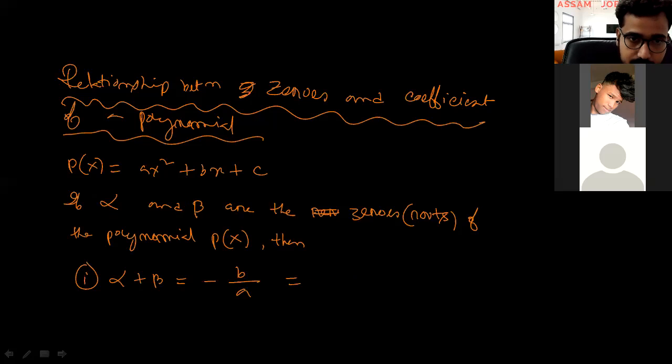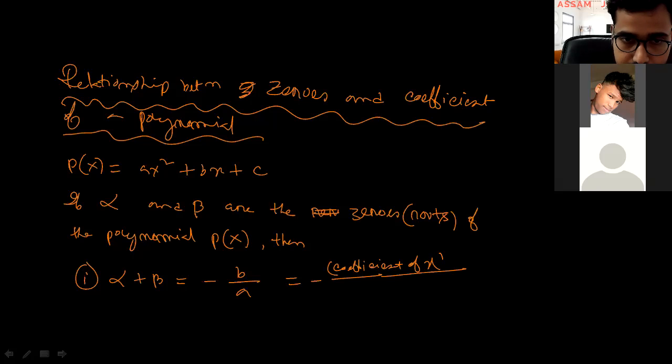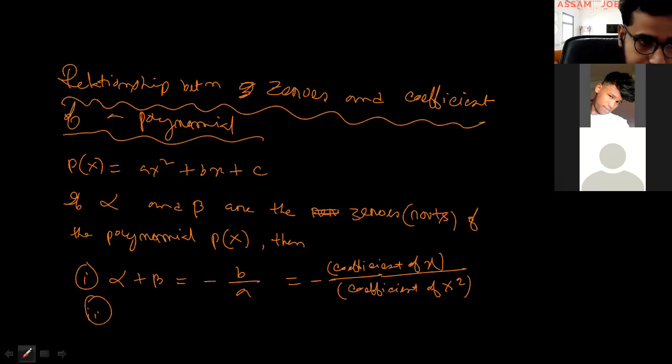Here b means the coefficient of x, and a means the coefficient of x square. So the summation of the roots will be minus b by a,